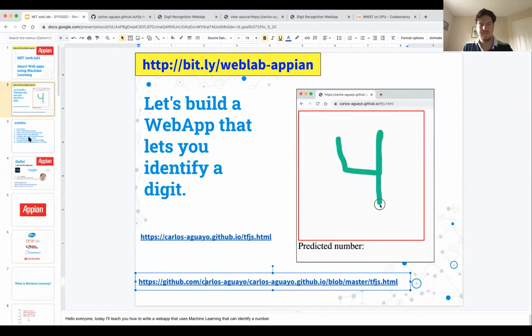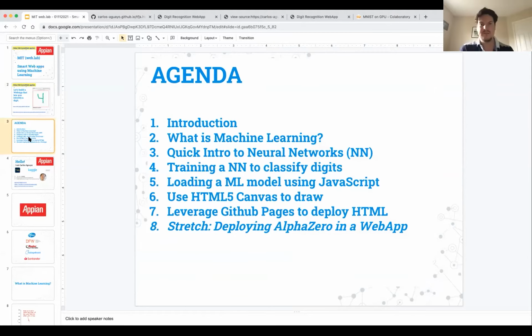The agenda might be a little bit packed. I'll try to go quick, and I want to leave a couple of minutes at the end for Juliet. What I'm going to be doing is I want to introduce a little bit of myself and Appian. I want to give you a high-level overview of what machine learning is. I know that you're in your first class at MIT, so I'm just going to give a high-level overview of machine learning, and then